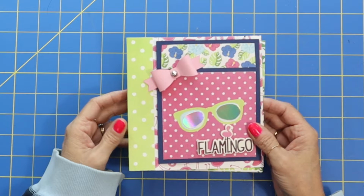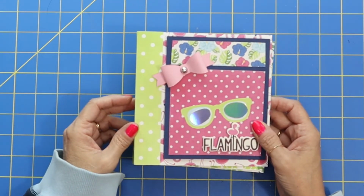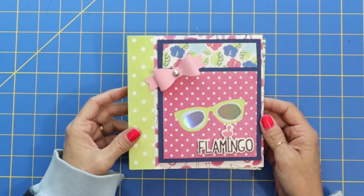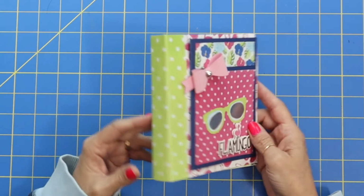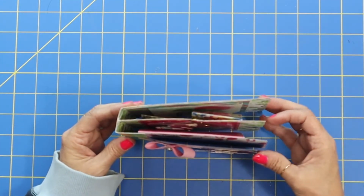And today I've got just another take on a fun mini album for some more chunkier elements. And so I can't wait to show you. Let's just go ahead and take a look and then we'll jump in and I'll show you how to make